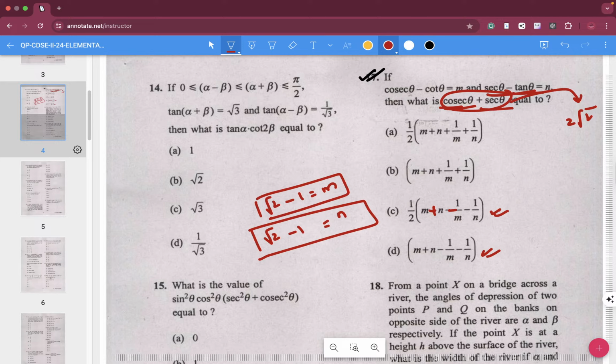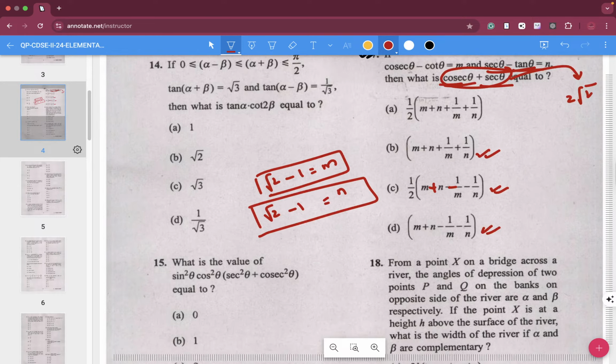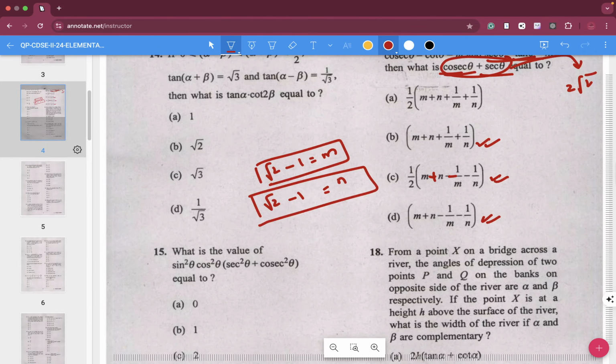So let's say I am taking B as an option, because this seems like an easy option for me to work with. If I am choosing B as the answer, m plus n is how much? m plus n is 2 root 2 minus 2. This is m plus n plus 1 by m, plus 1 by root 2 plus 1, I'm just doing factorization,